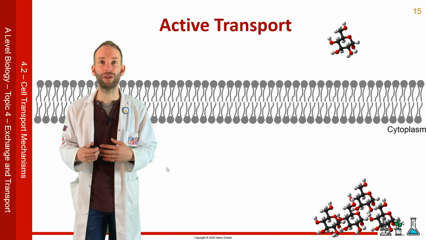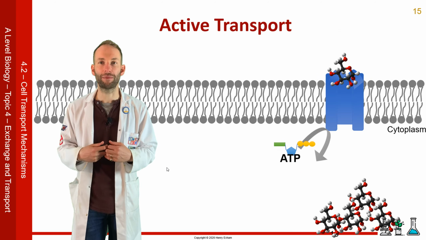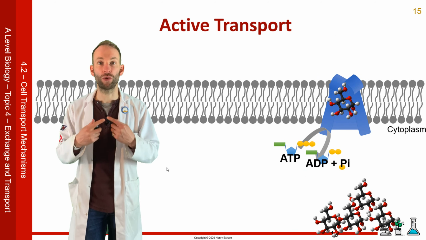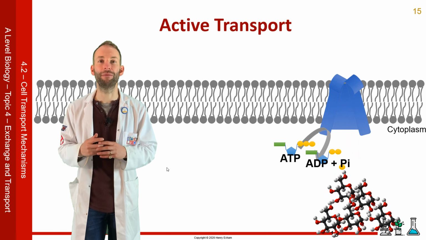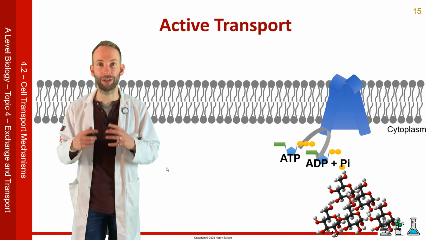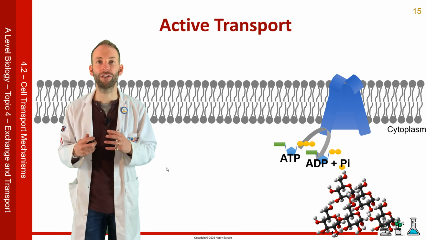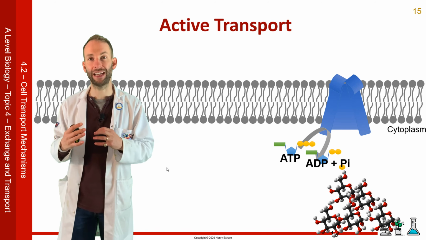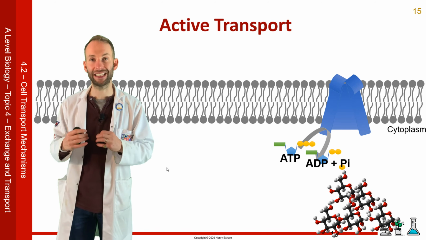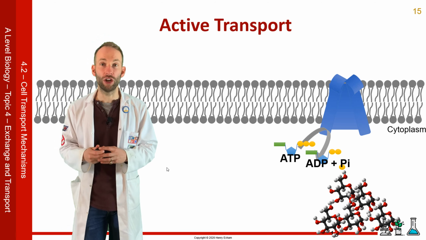So here's a glucose molecule. We actually want it to move into the cytoplasm here from a low concentration to a high concentration. So we're going to need a protein pump for this in the membrane. It's another carrier protein, but this one specifically is a pump protein that uses ATP, which gets converted to ADP and phosphate. That releases some energy,